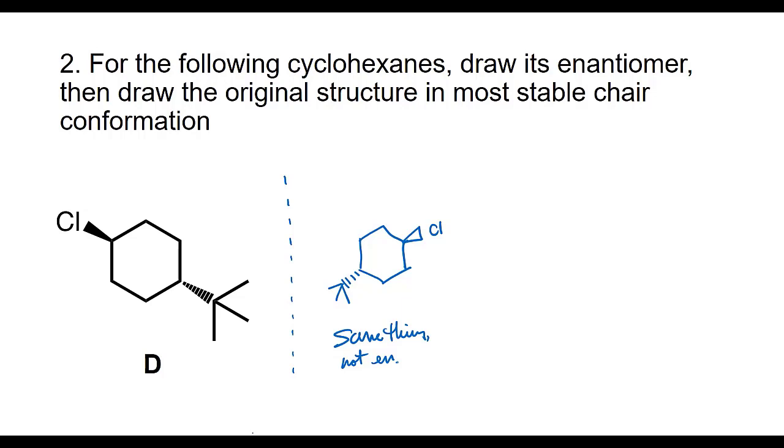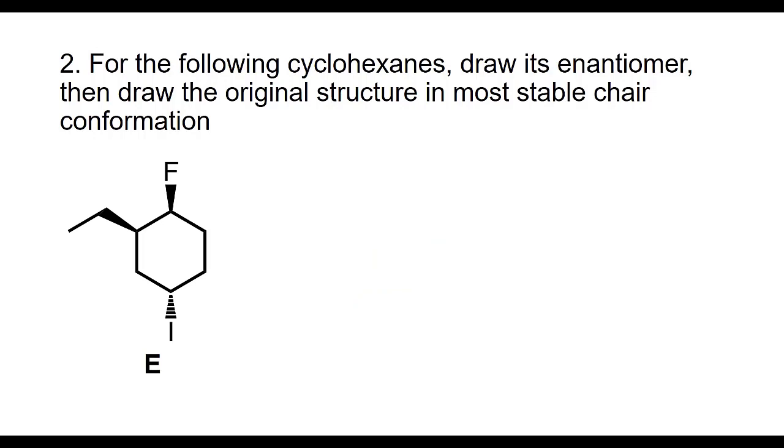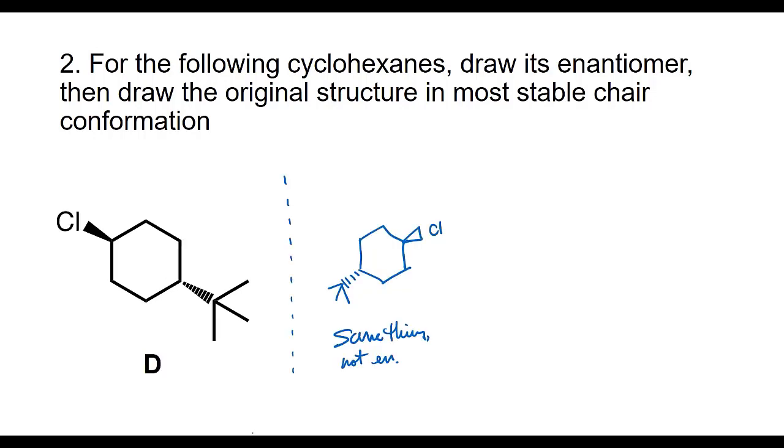So for example, if I were to do the next one, this. Okay, enantiomer and same thing. Same thing is literally the same thing. I can rotate the chlorine and I will literally get the same thing. Do you see how if I rotated this a little bit, I'd literally get the same thing? So how would that have been an enantiomer? So for example, if I were to get the enantiomer of this,